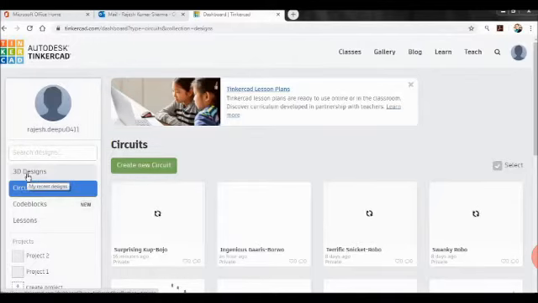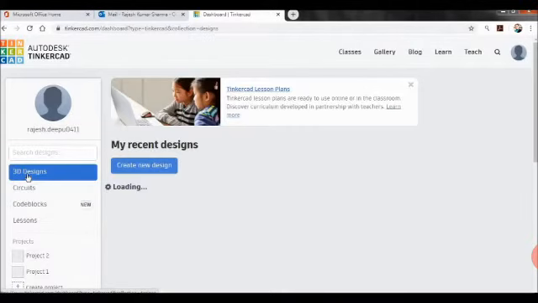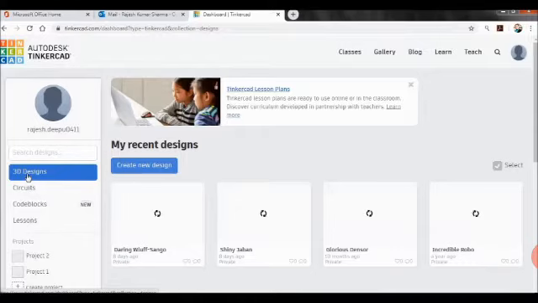So after login you'll get this dashboard, and you can see here on one side we have 3D design, that is for the 3D printer, whatever designing you want to be printed with the help of a 3D printer. So we can do the designing here, and once the designing is done, it can be printed in 3D with the 3D printer.